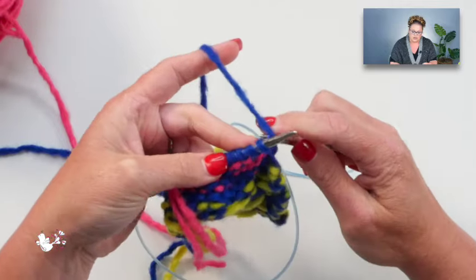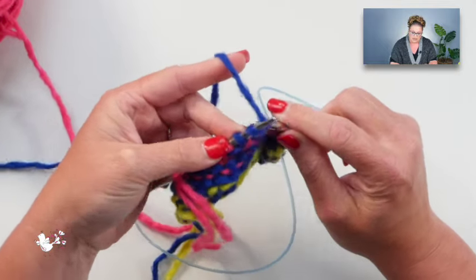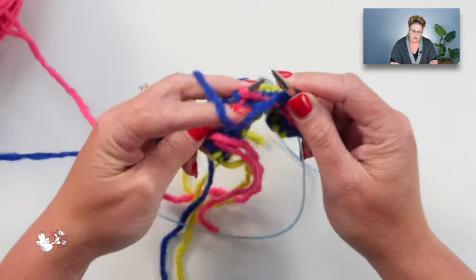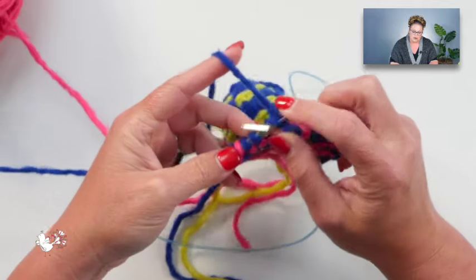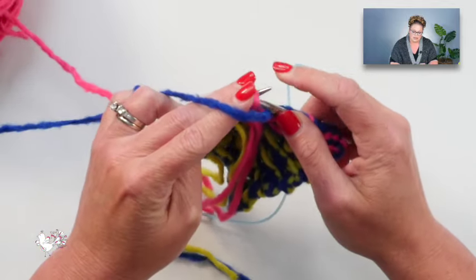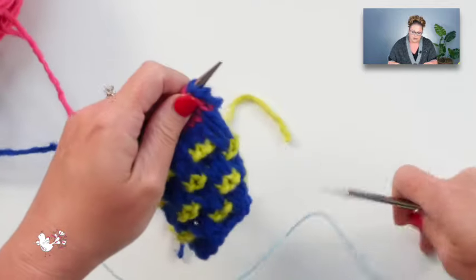So I want to knit all of my stitches that are of the same color, or if you think of it, I'm knitting 5. Then I'm going to slip 1 with yarn in front, and then knit 4, slip 1 with yarn in front, and then knit my last stitch. When I turn my work,